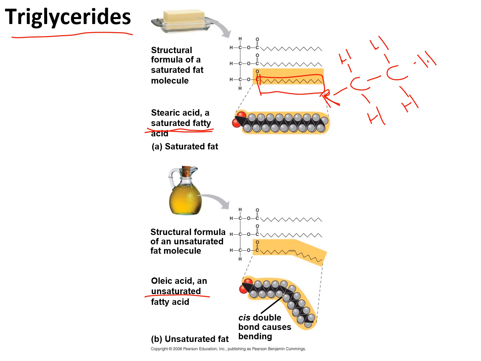When you have only single bonds in a fatty acid, then you have a very flexible fatty acid that can be packed in very tightly with other triglycerides. So what this means in terms of characteristics of the fat, these are usually fats. These are usually associated with animals, and a saturated fatty acid or saturated fat will often be solid at room temperature. If you compare that to the unsaturated fatty acids